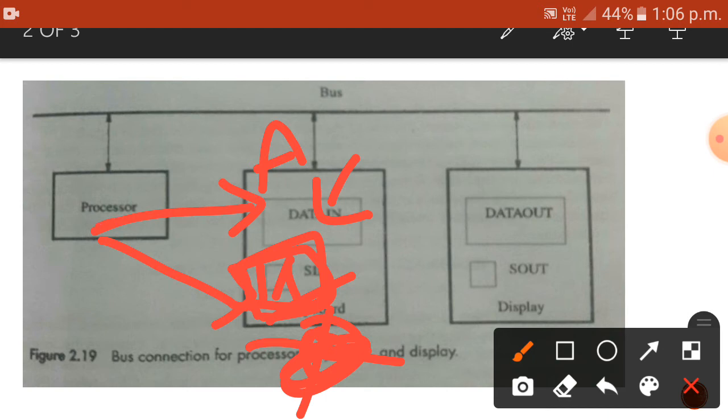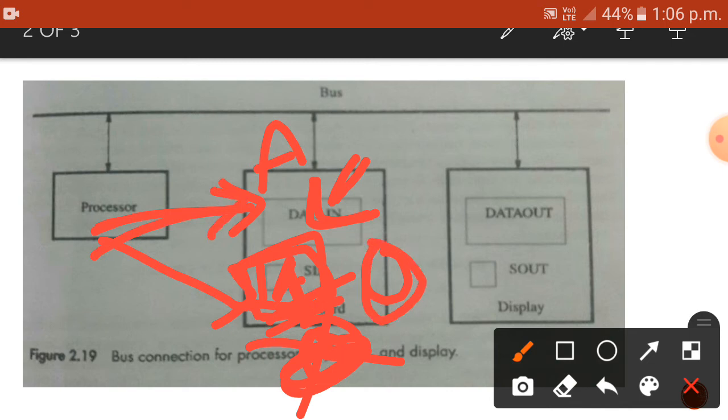Once the character is read, the SIN bit becomes 0 again. Initially the SIN bit is 0; once a key is pressed, the character goes to the DATAIN register and the SIN bit is 1. After the processor reads this character, the SIN bit becomes 0.